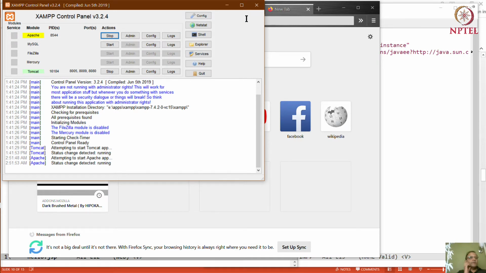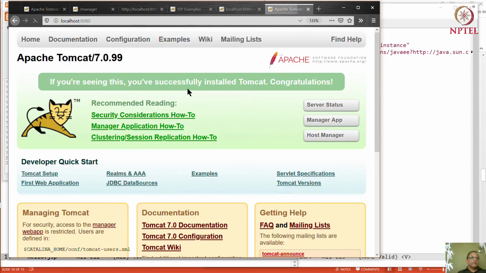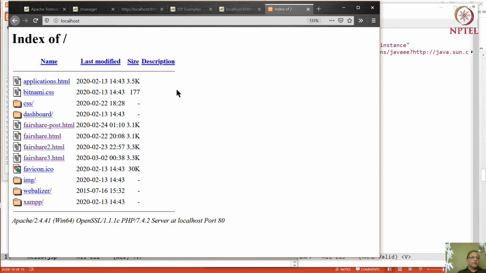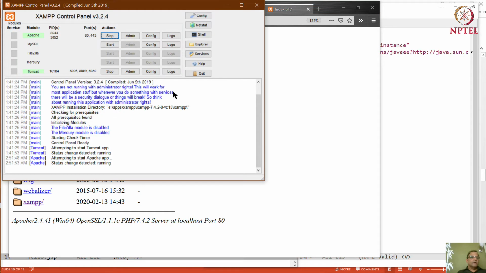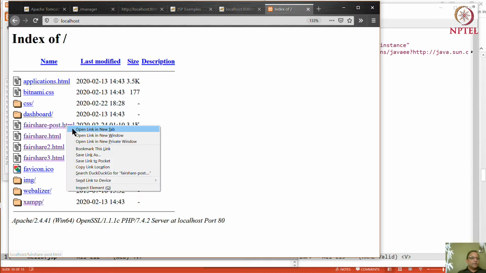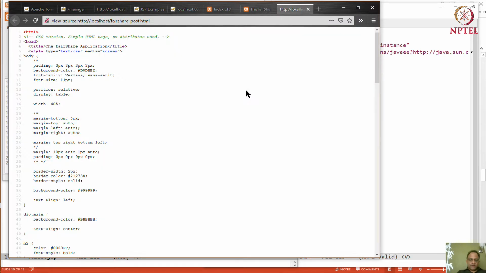It's taking some time to start. Let's see, it will probably come up. Not localhost 8080, this is localhost 80. Okay, here we are. So localhost 80 is working, and if you take a look at this, you always first visit an HTML page.